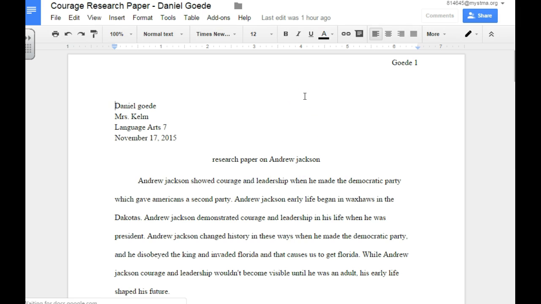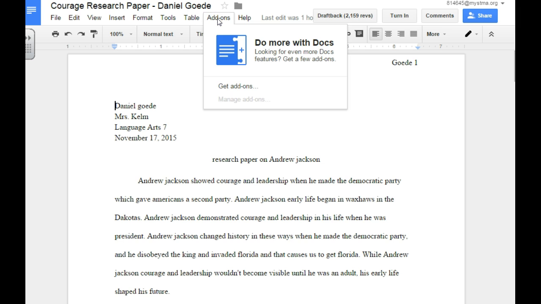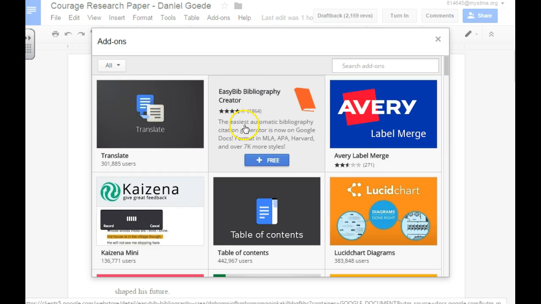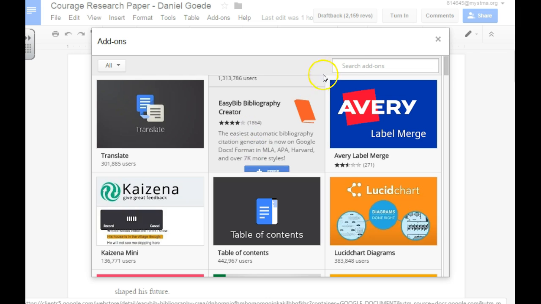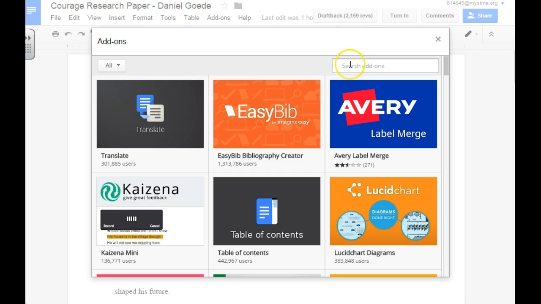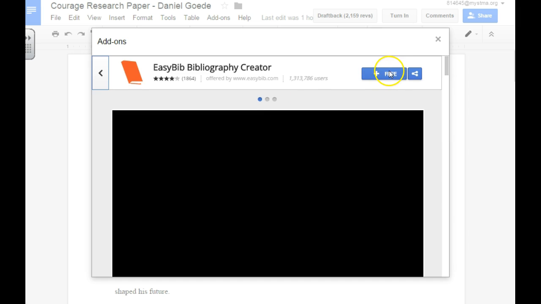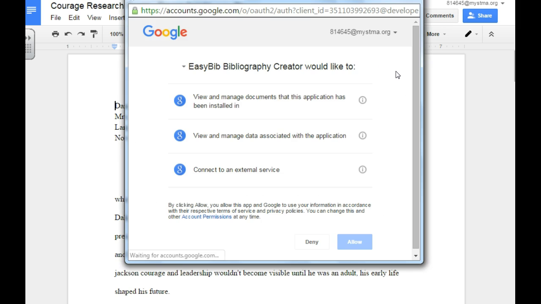and he's got some of his information in there. The first step to adding the works cited is to actually go into this add-on section, which is probably a tab that you've never used before, but click on it, and you can see that right now Daniel doesn't have any add-ons, so he's going to get an add-on. And lo and behold, the one that I want is actually showing up. If it doesn't show up, type over here in the search, type in EasyBib, but we want to use EasyBib. So I'm going to grab that, I'm going to click on Free, I'm going to click Allow,